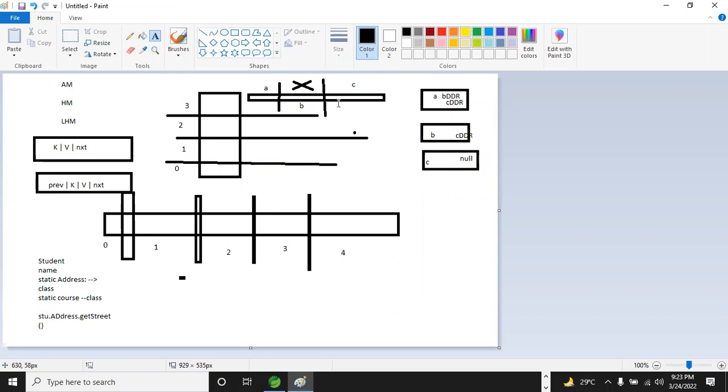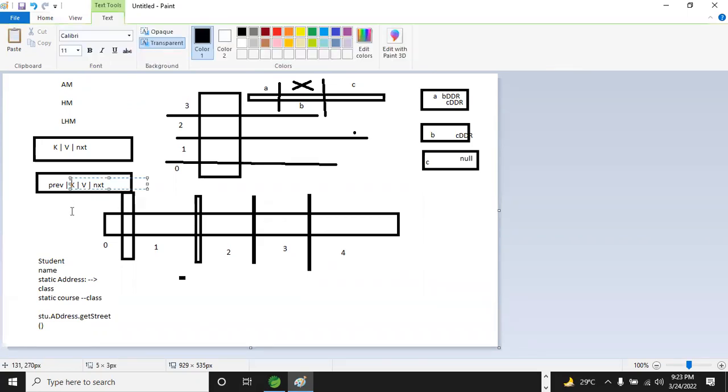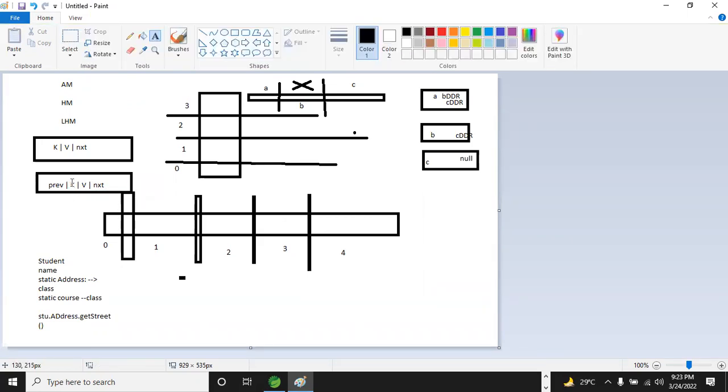You remember the representation I used for your hash code? Every time, your hash code will have these values, and as many nodes as you have, that many node representations will be there. Whenever you remove, you either remove with your key or with your value. When you pass a key, obviously the key is unique, right? The hash map cannot have a duplicate key. So in that case, identifying a key would not be a problem. But in that case, traversing the entire linked list would be required.